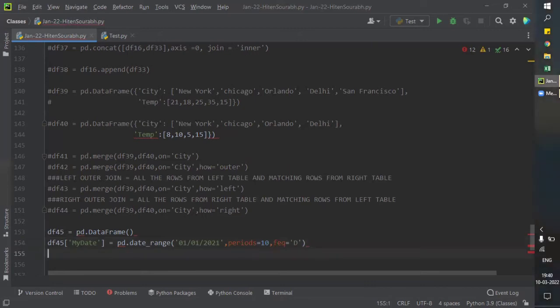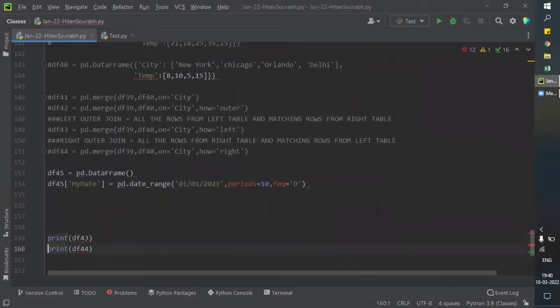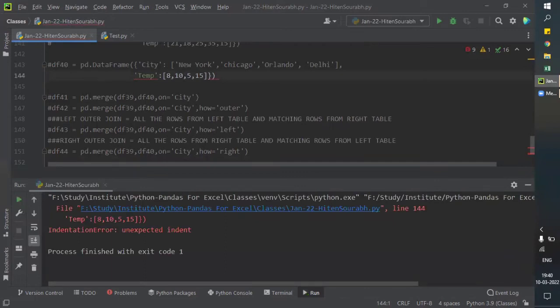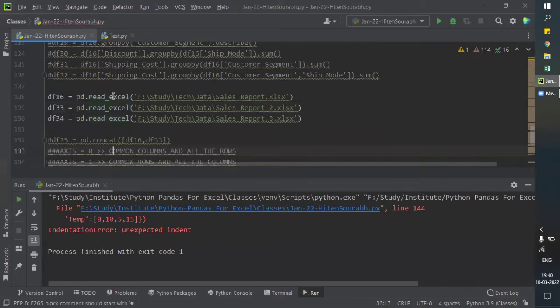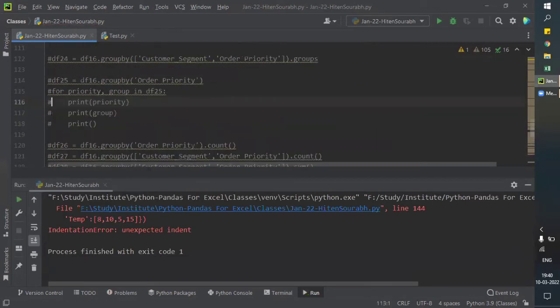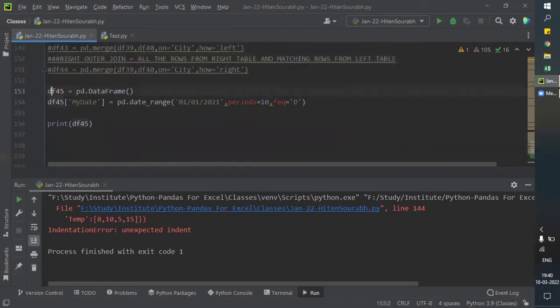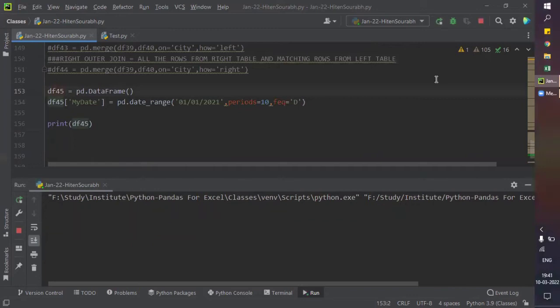Okay, and now if I run this, I already have one print command, so I will just make it df. Okay, now let me run it. It should not take much. Okay, I think this will not run. I need to stop this as well. It did not run because this was uncommented, and let me check upward as well if there is any other. Let me comment this as well. I think there is no other row which is uncommented, so all are commented now. Let me run this once again. Hopefully this time it will succeed,